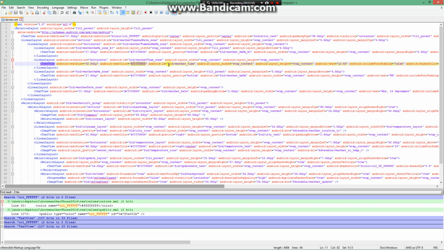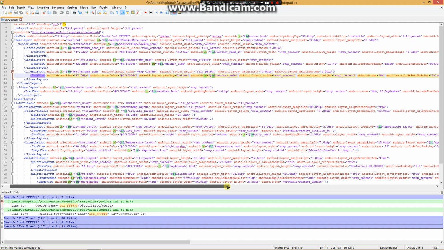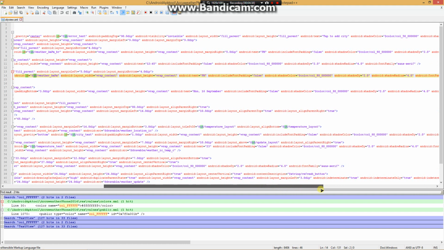Okay? So I also wanted to show you about the IDs, giving you clues on what this text color is. So this ID saying weather time. So this is the text color for weather time. Weather AM PM, so you could just highlight all the IDs and you can see weather date here. What else? Let's go to city, no, that's image view. City text, temperature text, update date text, and so on. So that gives you kind of a clue of what you're looking for. If you scroll to the right a little bit,